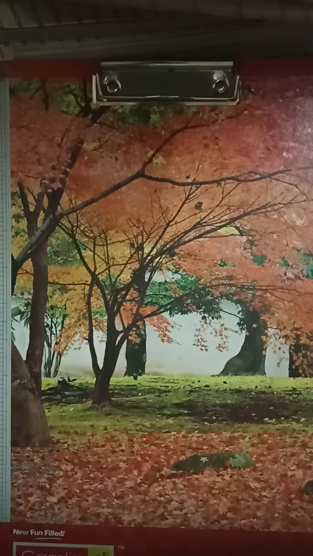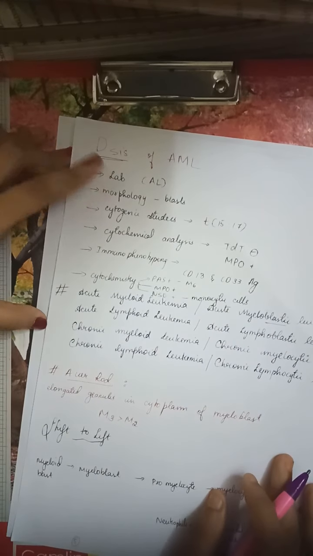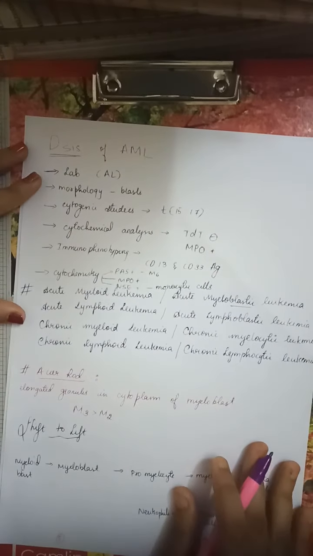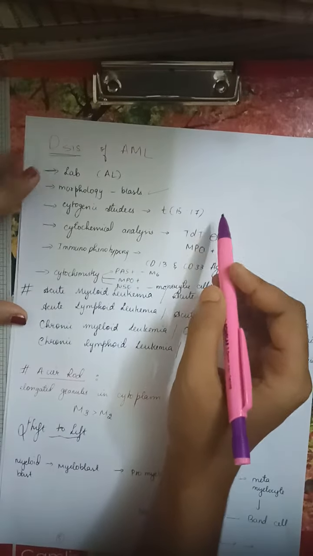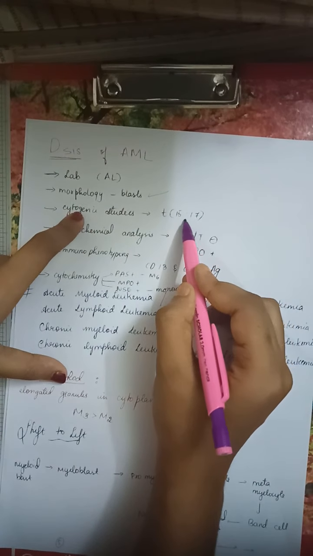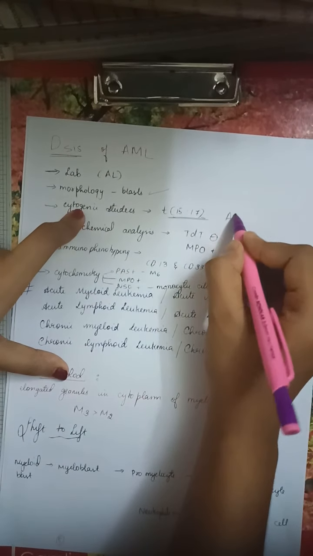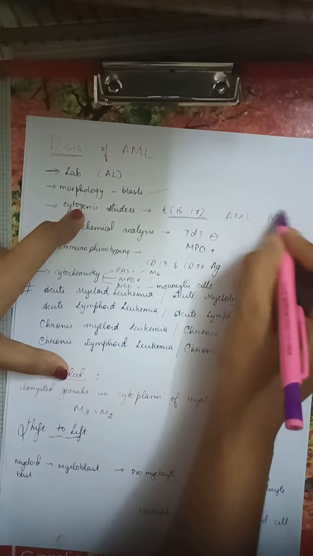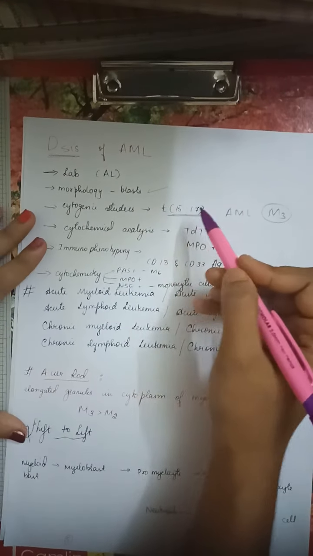Okay, so done. Now I'll be just revising it in 1 minute, and we'll just do 2 cases. Trust me, everything is going to be easy. So as usual, lab diagnosis, I told you peripheral blood smear, everything which I explained in acute leukemia. And morphology, we know now that there is increased formation of blast. And I included the main defect in AML, M3, that is translocation 15;17.